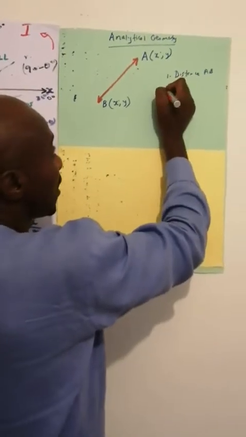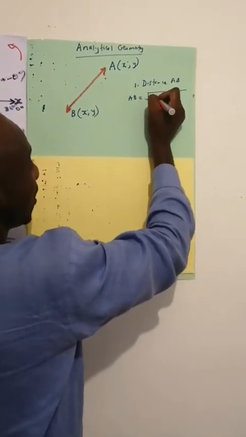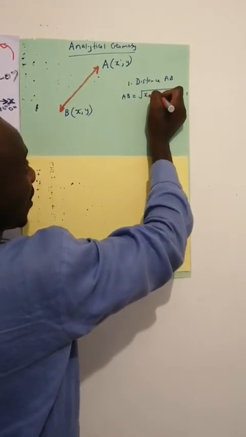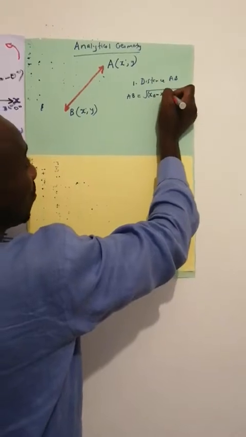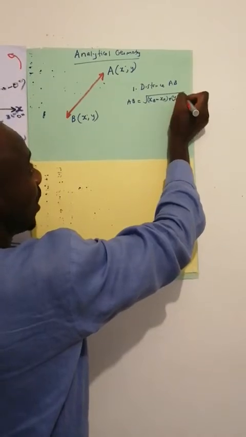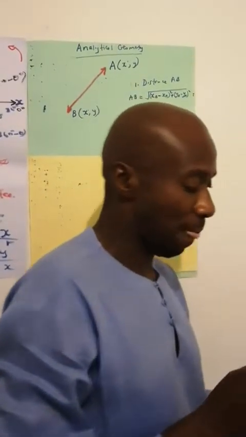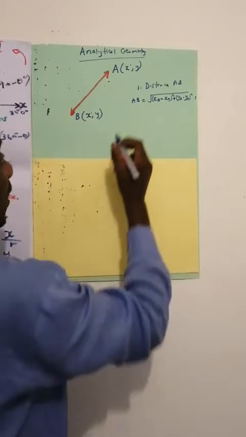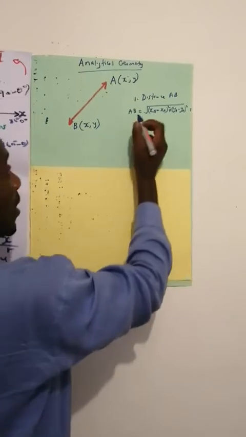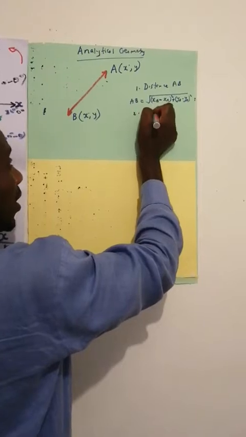The distance A, B is equal to root (XB minus XA) plus (YB minus YA). These are squared. That's the formula for the distance, so it means from A to B. This is the formula, and then we'll be required to calculate the gradient